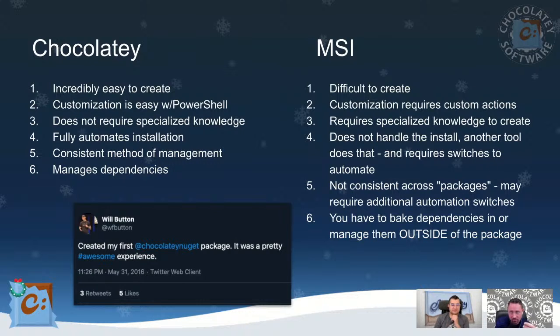What's also great about this is Chocolatey fully automates the installation. The difference between that and MSI is that MSI has another tool called msiexec that actually runs that installation. However, it doesn't manage the silent install, so it's not about fully automating that installation. You actually have to pass switches that have to do with that particular MSI, and those aren't always consistent. As you know, there's /qn that you can pass, and that's supposed to make something install silently. You usually want to pass no restart so it doesn't reboot your machine. However,